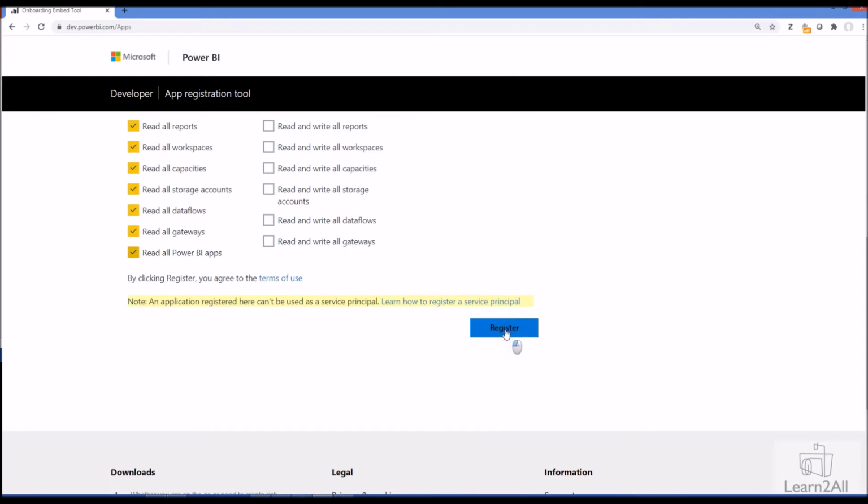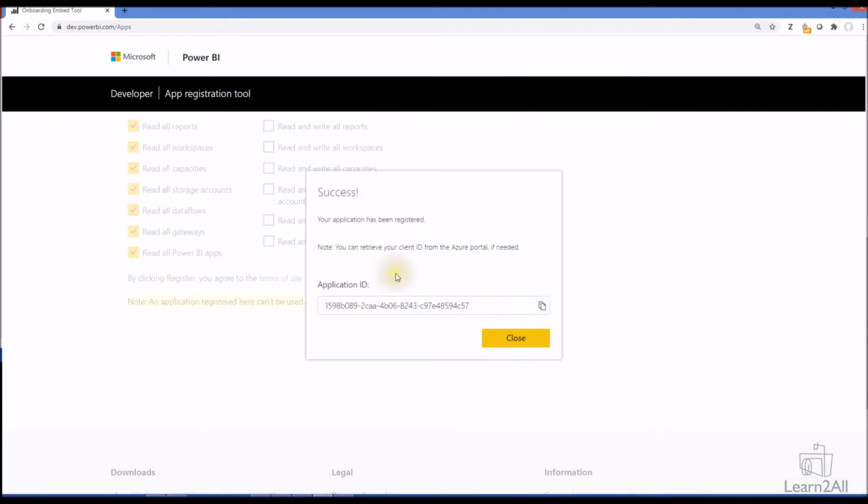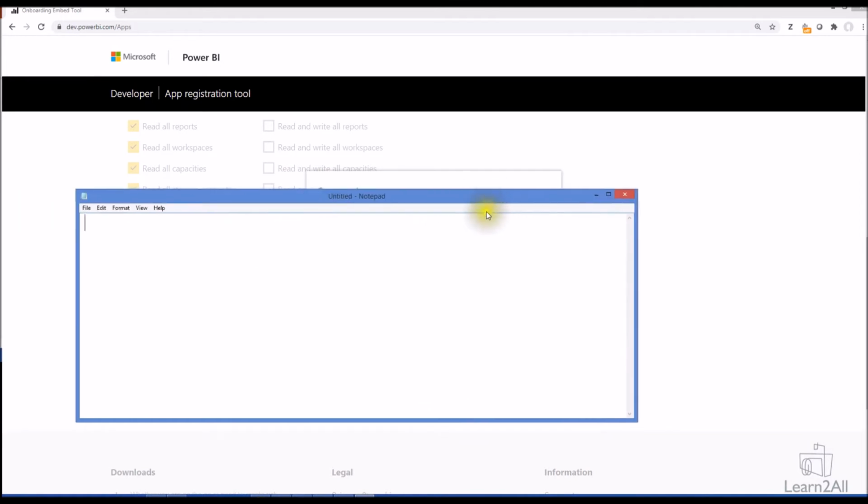Now click on register. So this will provide us an application ID like this. Just copy this application ID for future reference. I am just copying this ID to my notepad. This was my app ID.